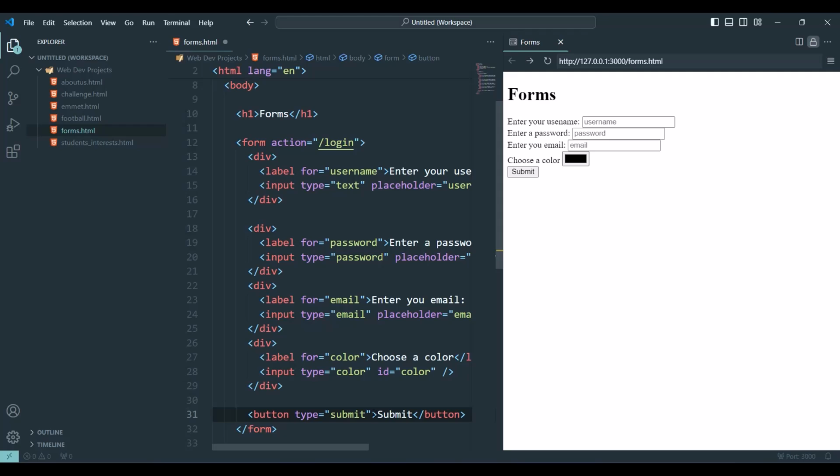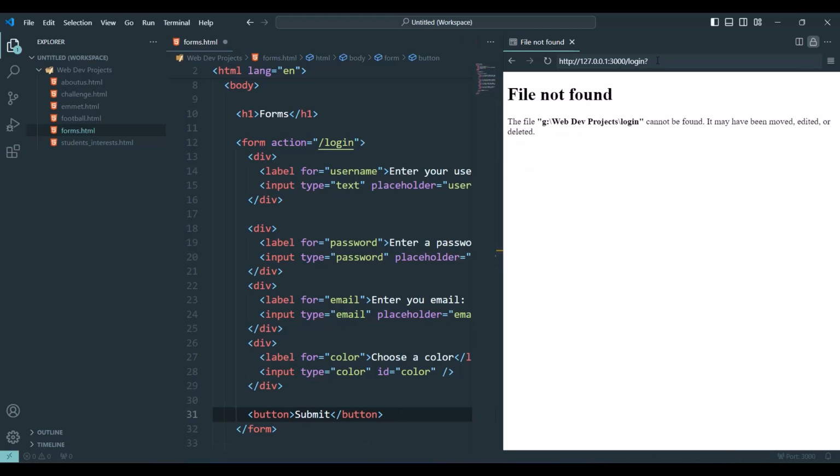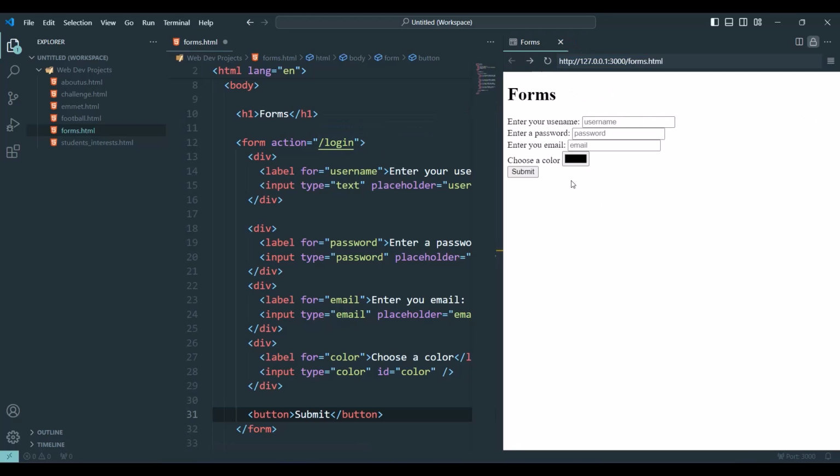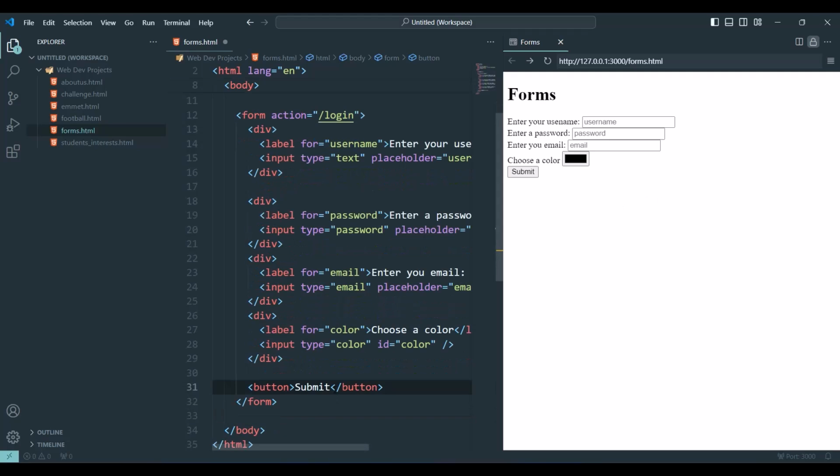And you don't need to type this explicitly. If I just have submit and click on it, again it tries to go to the login page which is defined by the action. So it tries to submit the form. And we're going to see later in the course how we can get this submitted form information using our servers and so on. Okay, so this is how you use the submit.